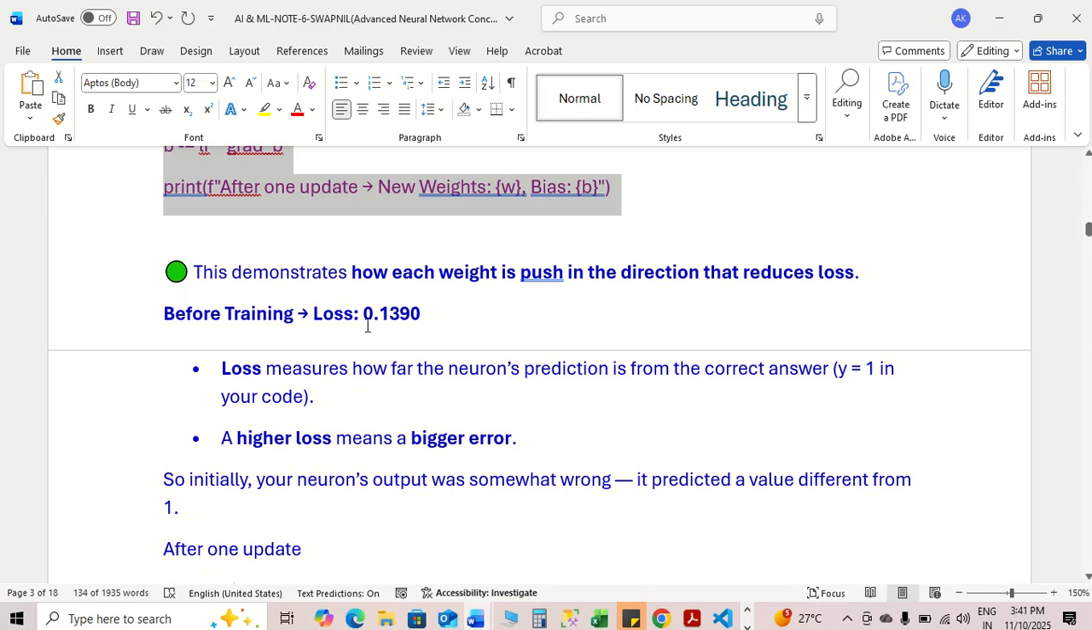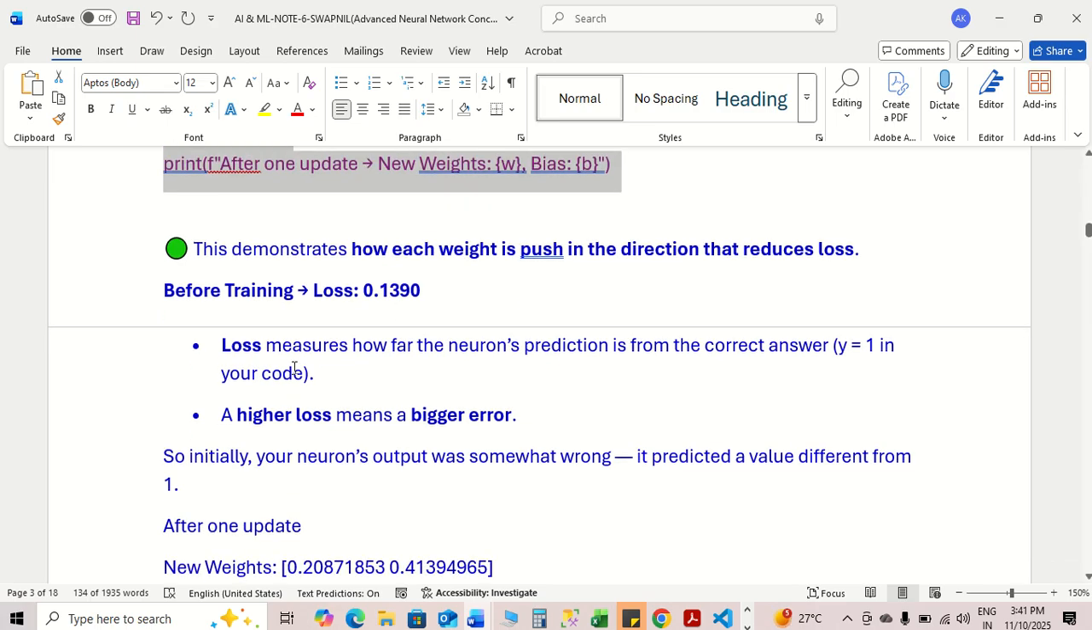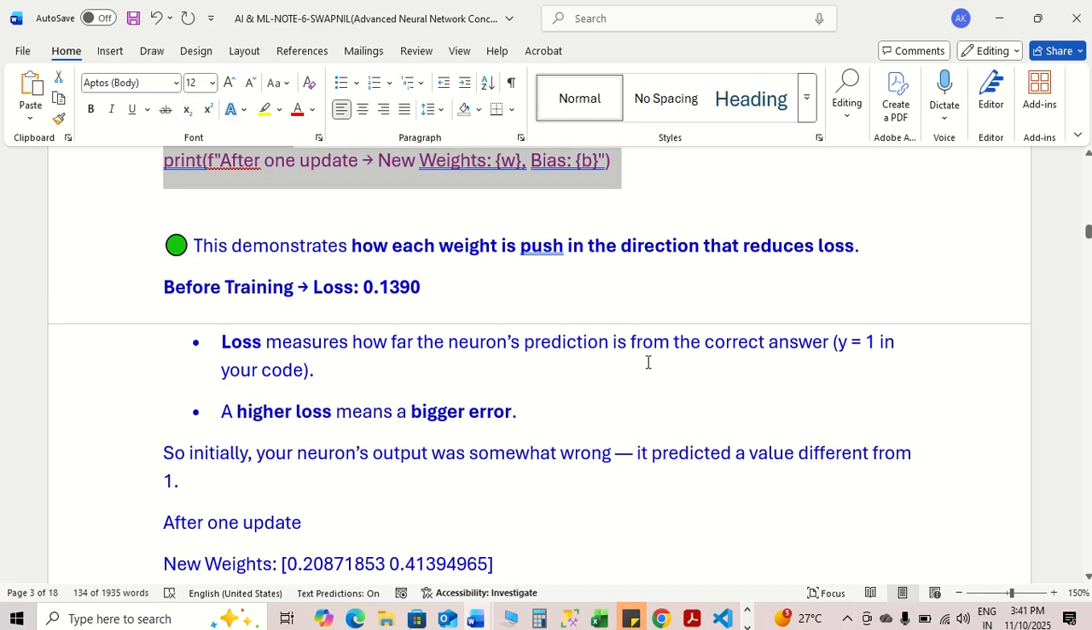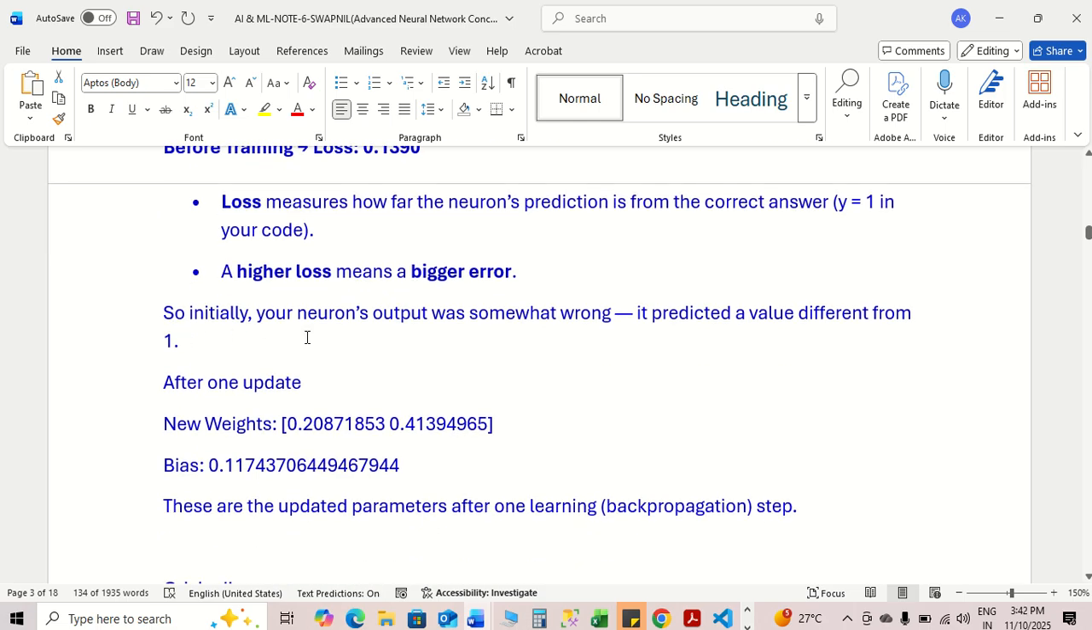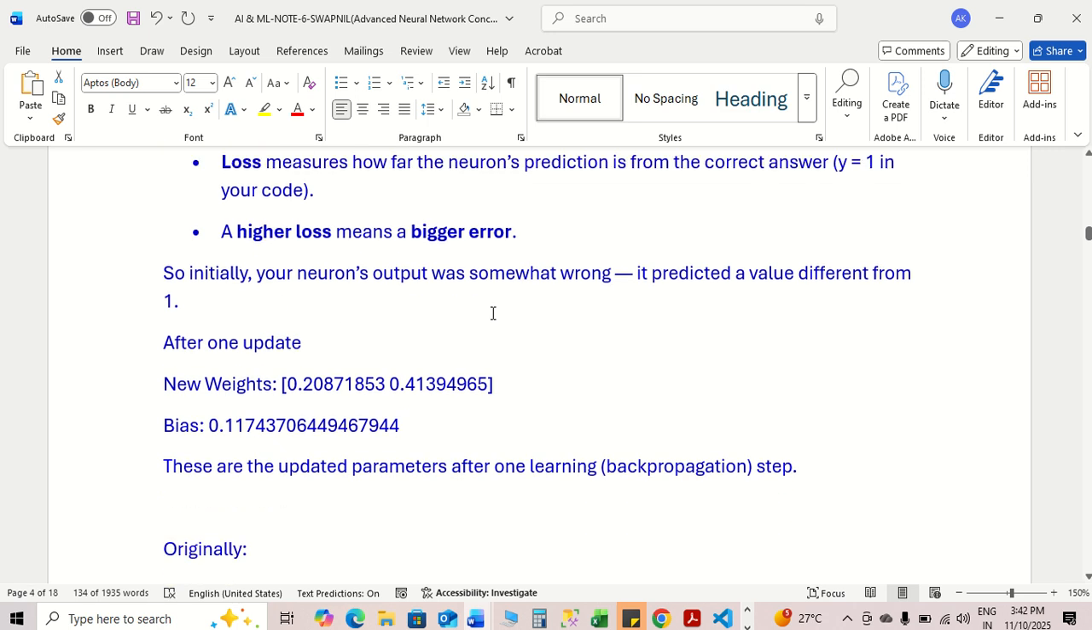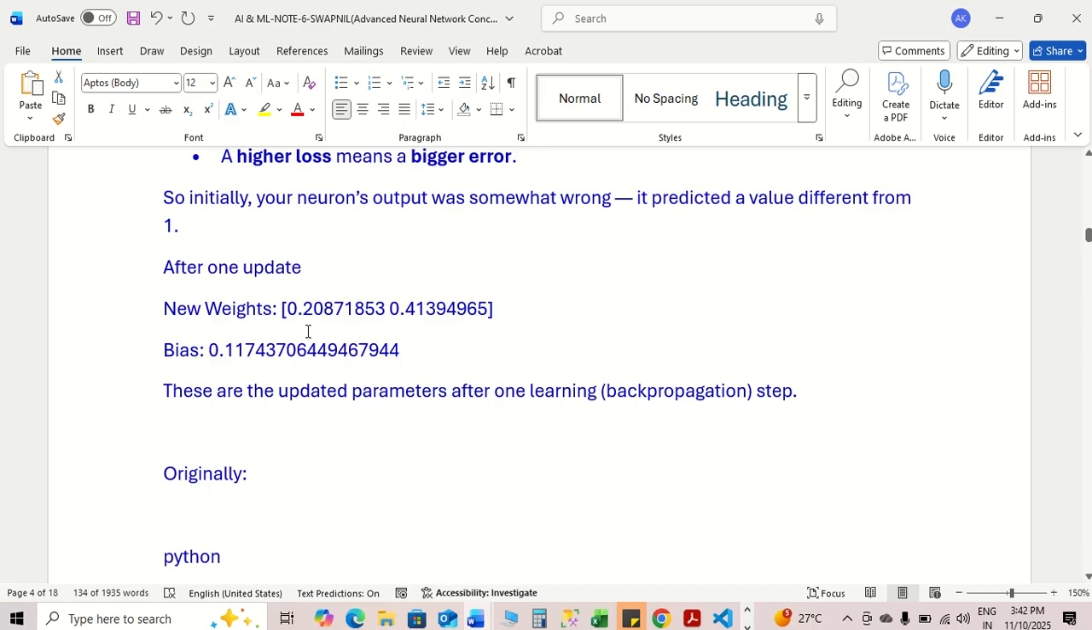Before training, the loss is 0.139. Loss measures how far the neuron's prediction is from the correct answer, y equal to 1 in your code. A higher loss means a bigger error. So initially your neuron's output was somewhat wrong. It predicted a value different from 1. After one update, the new weight is 0.28